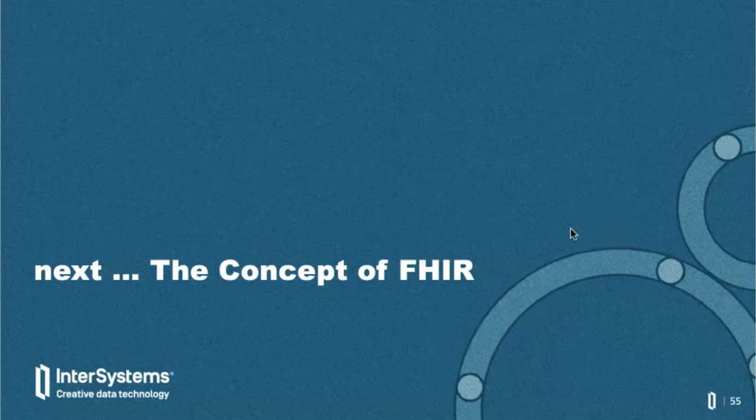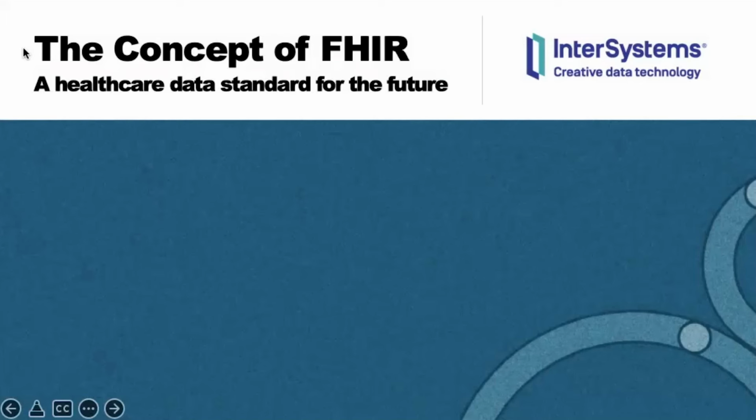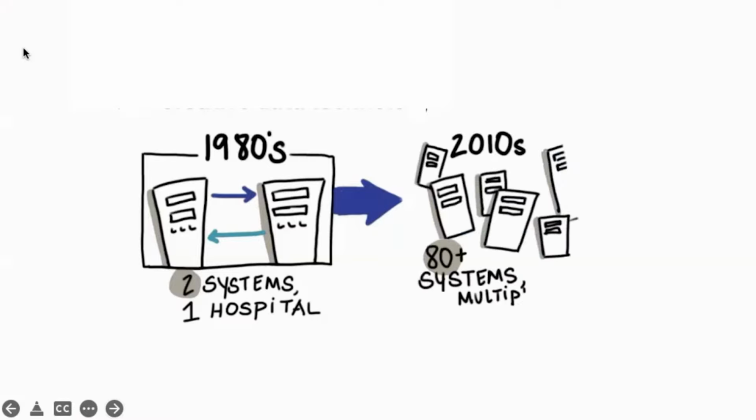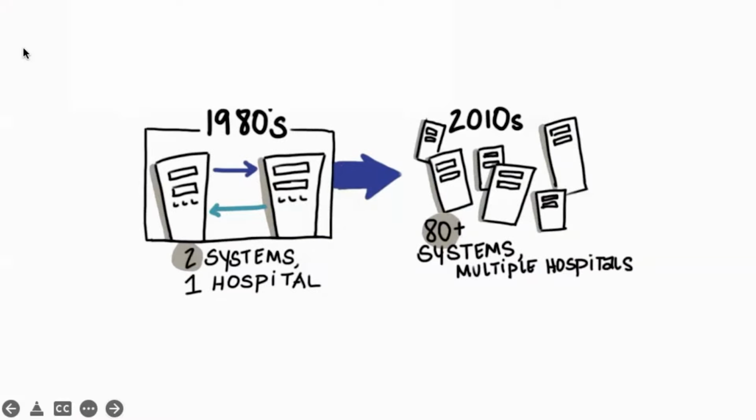So with that, the next part of the presentation is the concept of FHIR. So conceptually, without being any more technical than you need to be to use the internet every day, I'm going to explain FHIR to you. And I'm going to start by going back to the 1980s. The 1980s was when healthcare data interoperability really started. That's when the HL7 organization started. And the reason it started was not that